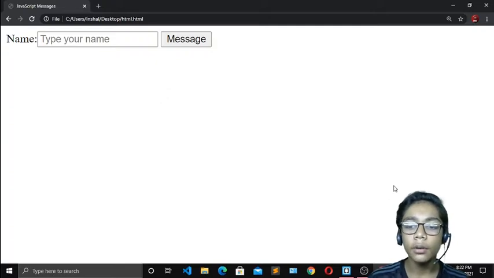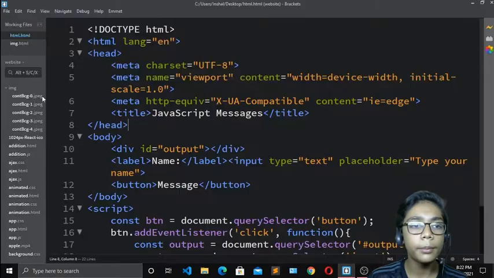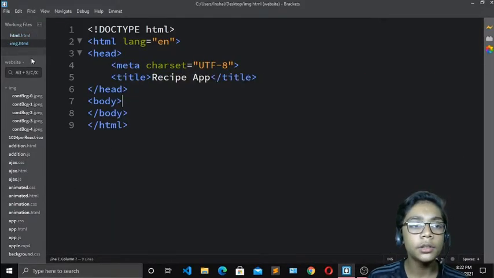Okay, so I will go to my Brackets text editor for making that, and it is really simple to make. I will go to my image.html file, and like previously, we have done all the styling and all the JavaScript code in only one HTML file, so I will also do that in only one HTML file.